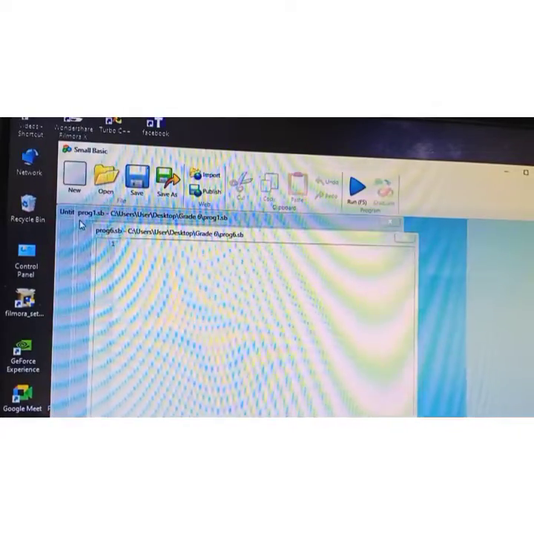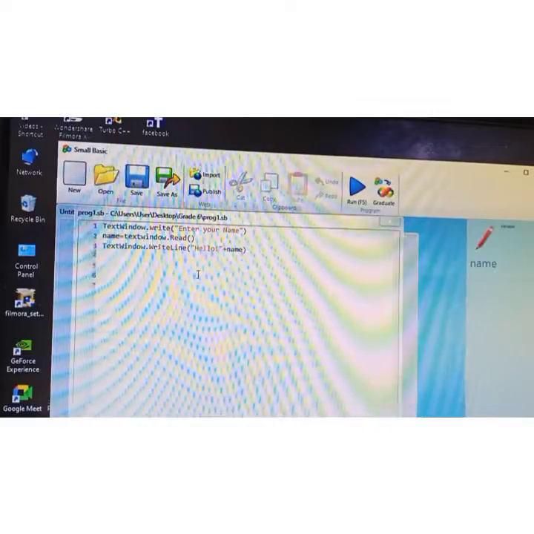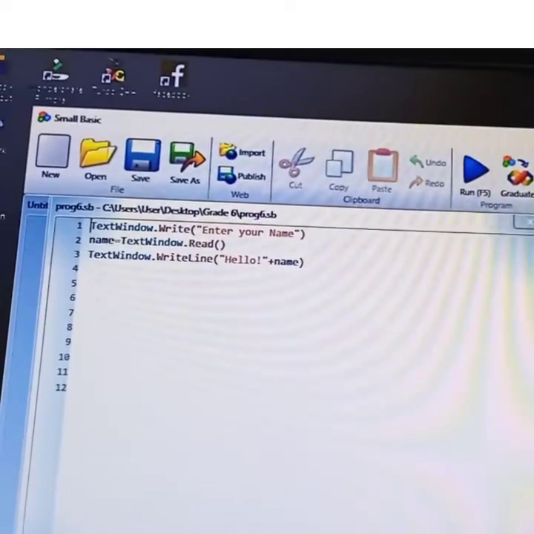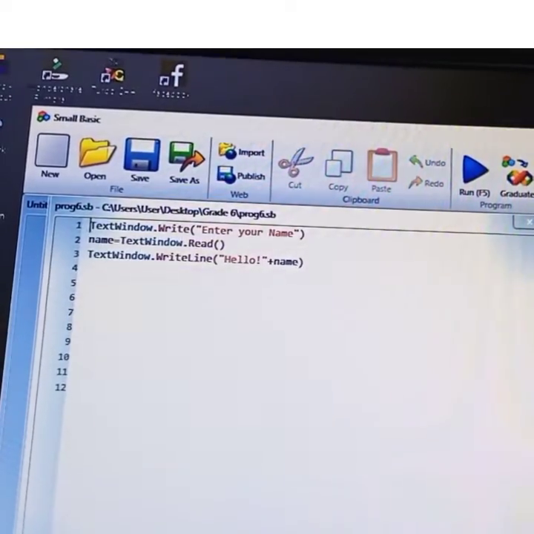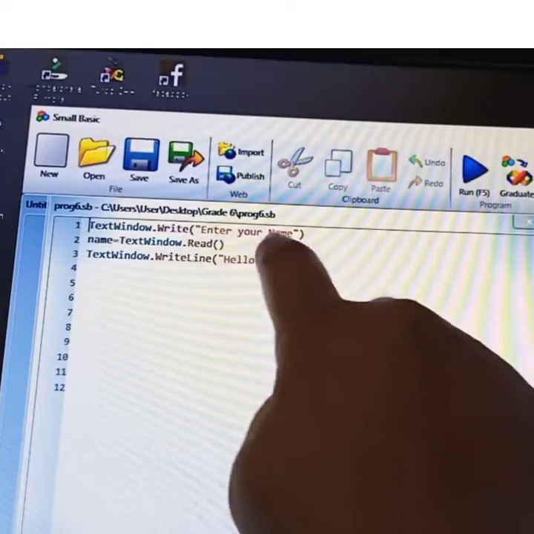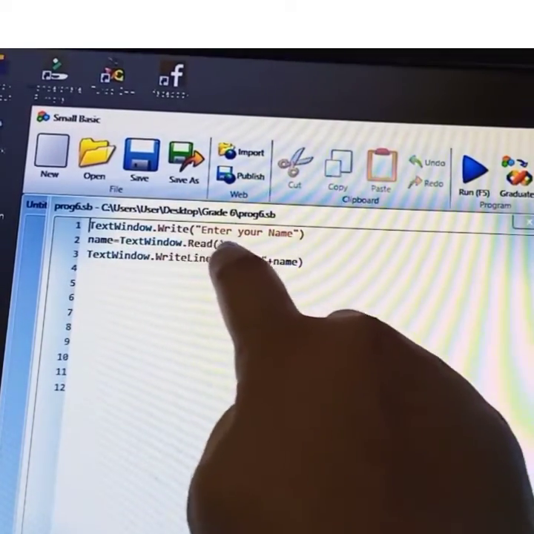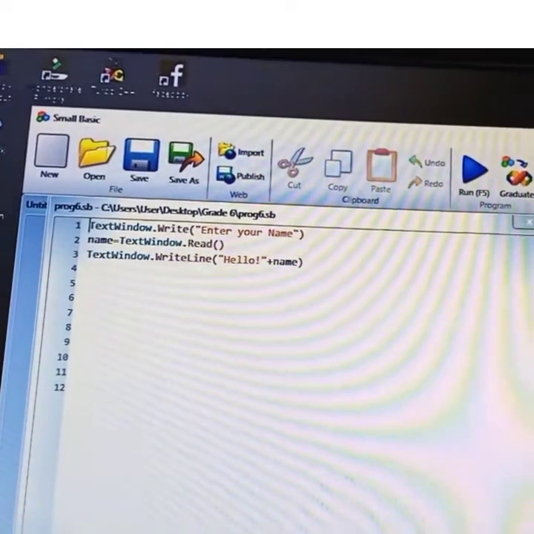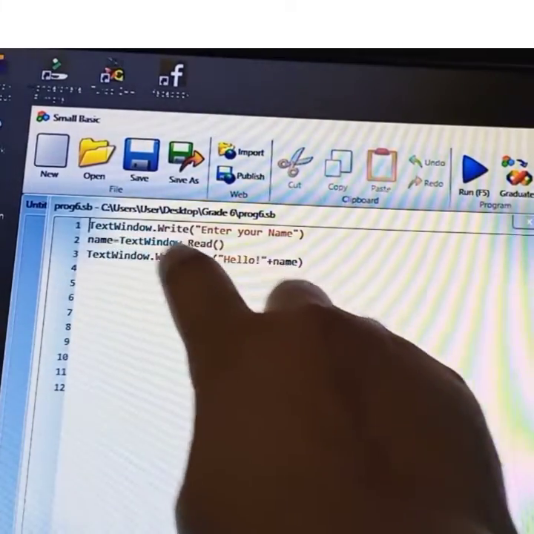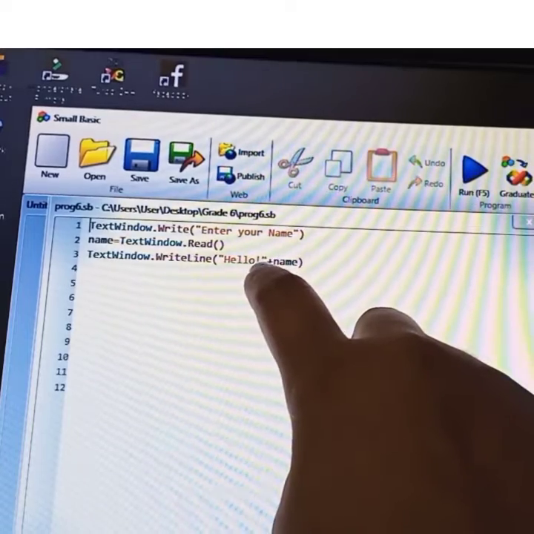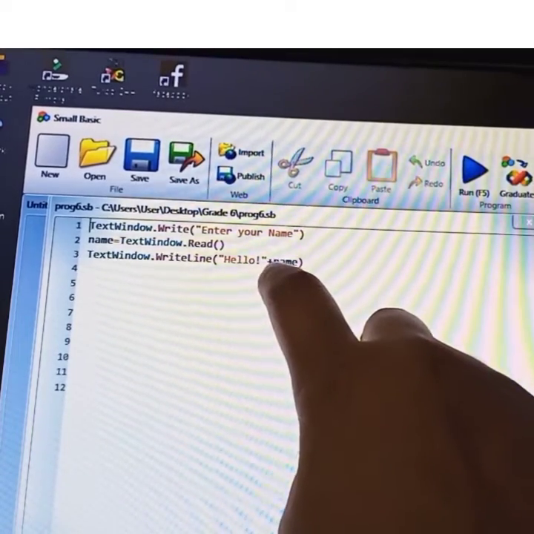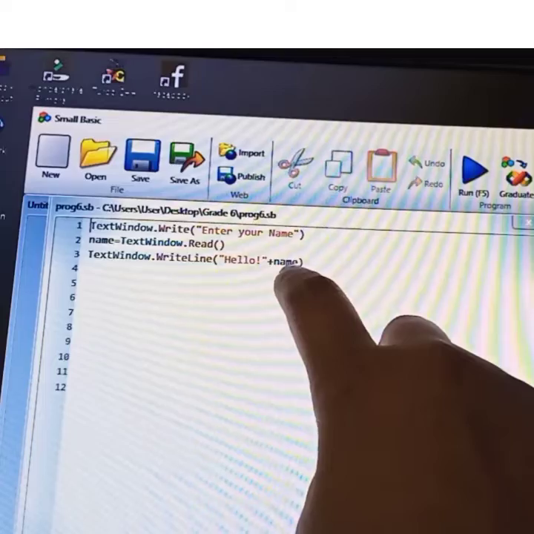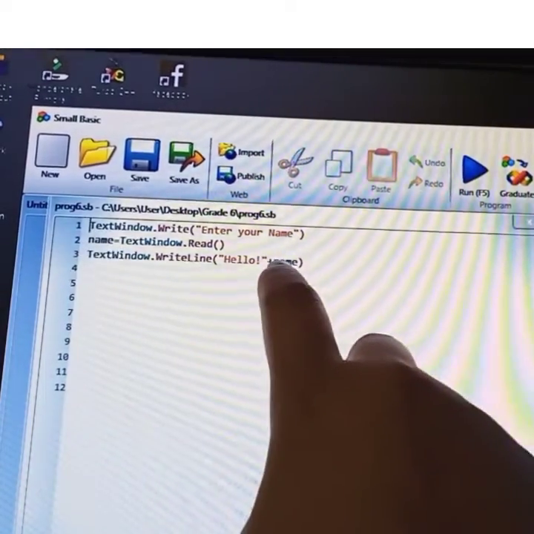In the textbook, on page number 76, they have given one program. Now I am going to run that program. Here, TextWindow.Write("Enter your name"). Within the double quotes we should mention whatever you want to display on the output screen. Then name is a variable, there we are saving the input value which we are going to receive from the user.